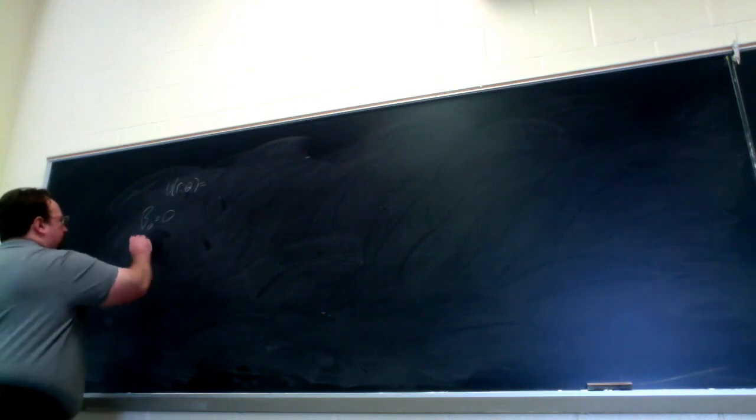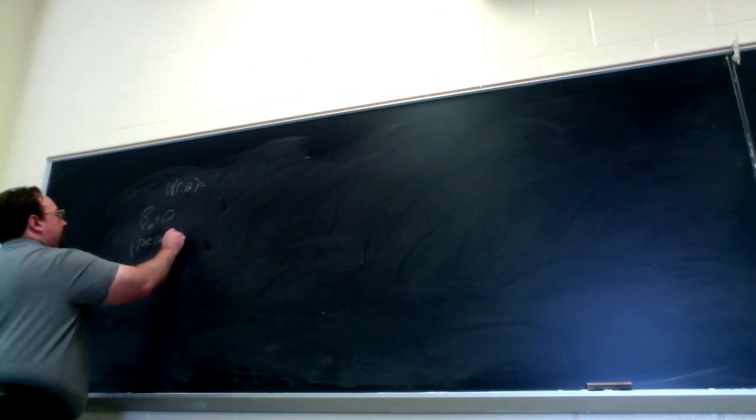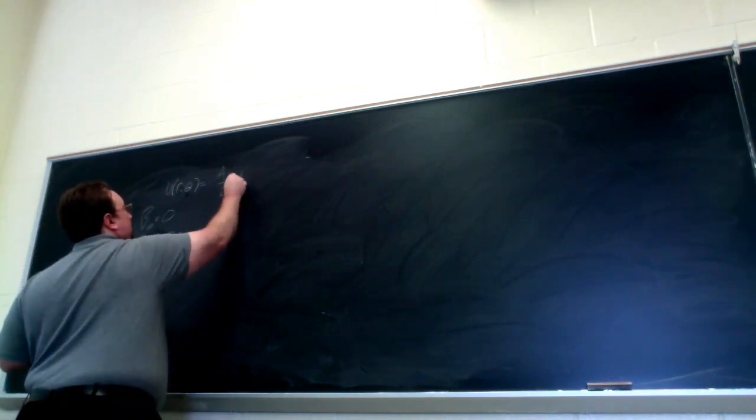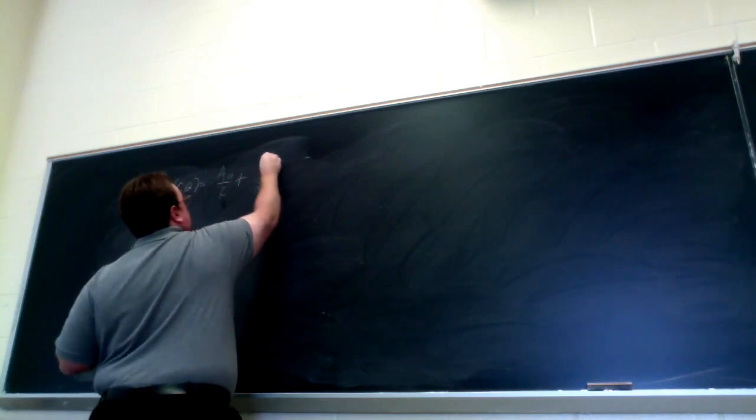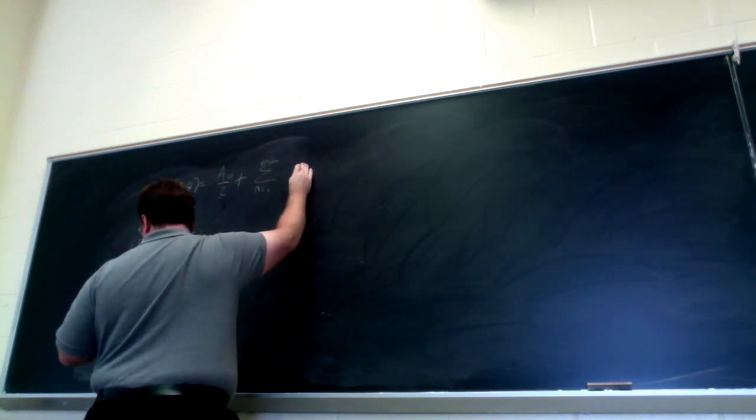Well, the thing is, if I set n equals 0, I have my solution equal to a naught plus b naught. I have two constants where I really only need one. So in order to avoid having two terms for the same solution, I'll just set that equal to 0. So now we're going to have a0 over 2 plus the sum, n equals 1 to infinity, of